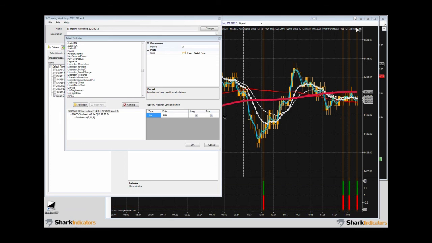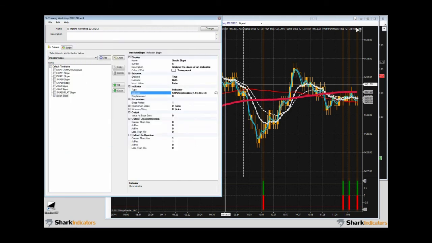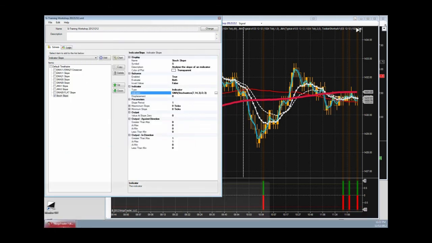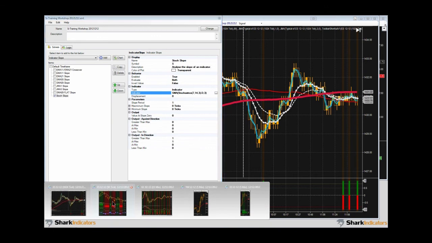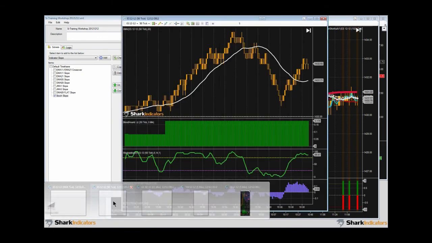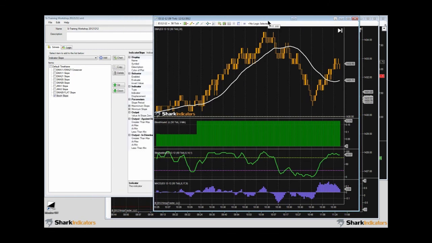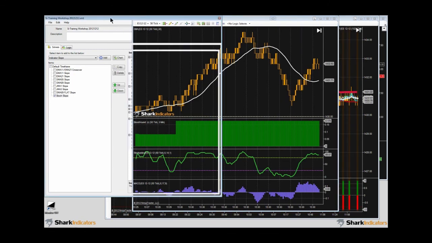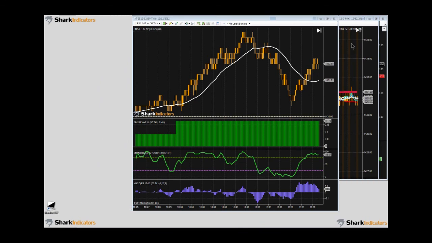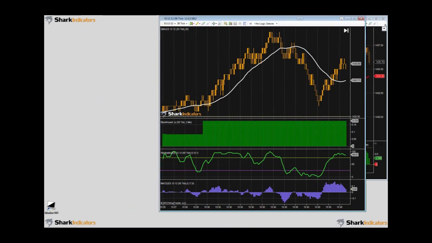All right, I'll see if I can get this done in time here. So let me find a blank chart here. All right, so we'll work with this chart. So let me close this up,